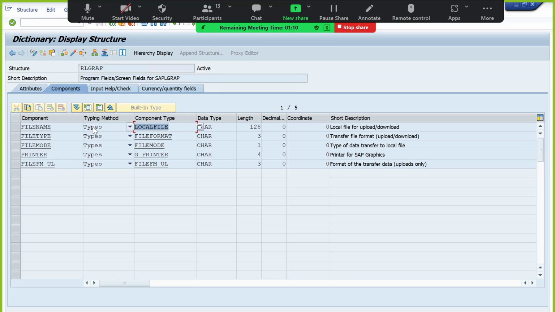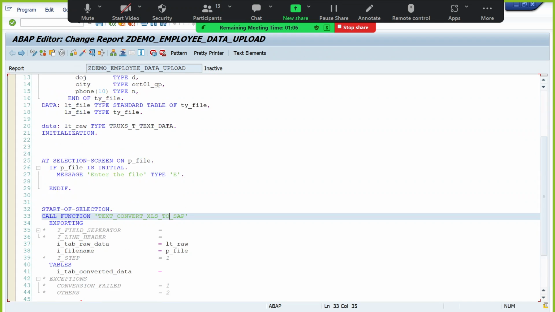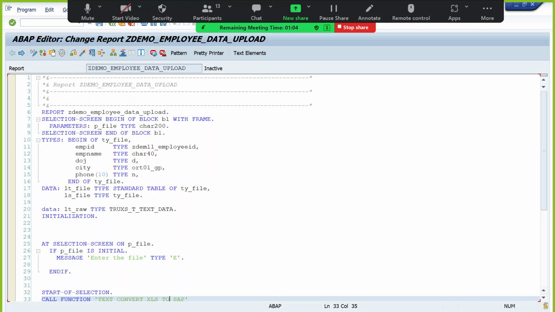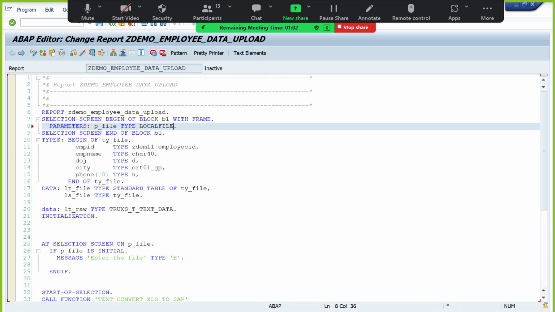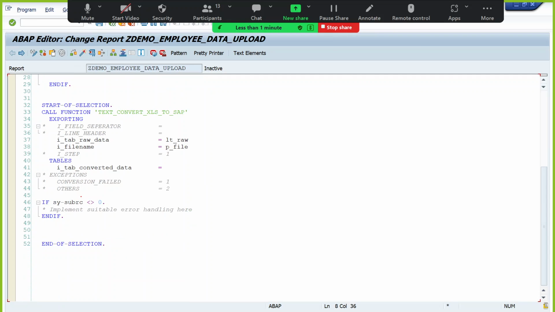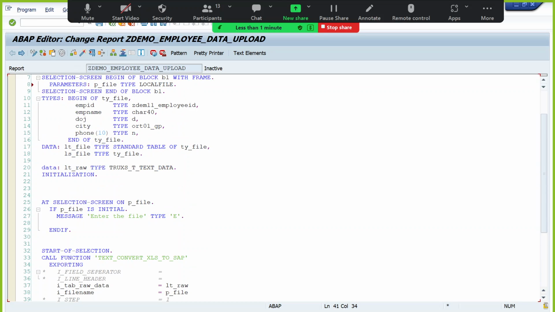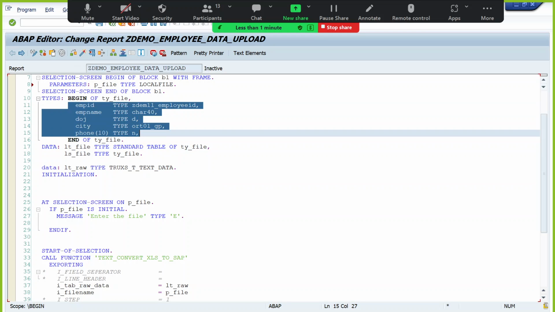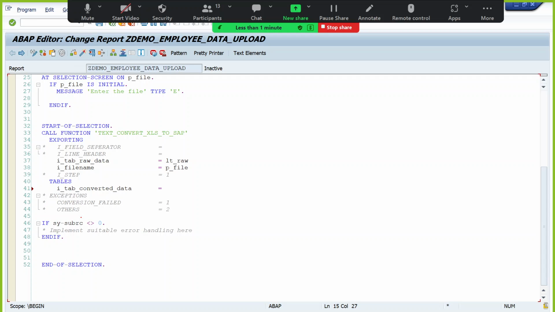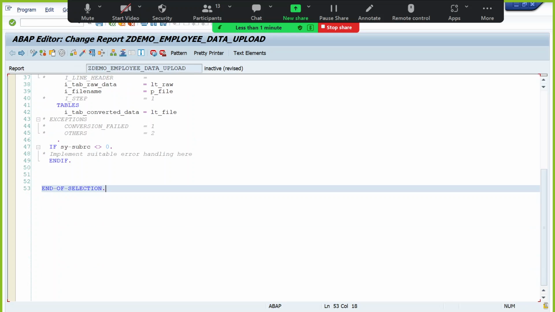Otherwise, I'll copy this data element and change the importing parameter to this data element. Instead of this, I'll use this. Okay. I'm using p underscore file and returning the data into what? Converter tab, tables. You have to provide the file internal table, whatever the internal table you created with reference to the type structure. Okay, that's it. I'll just display this in CL demo output